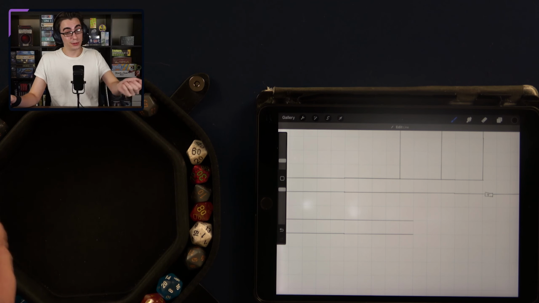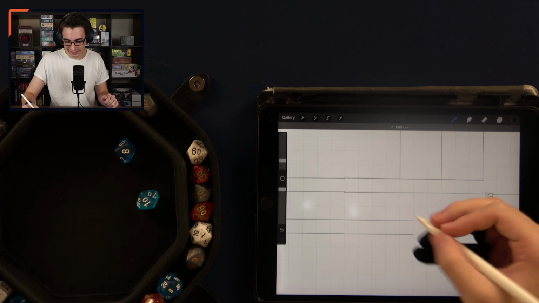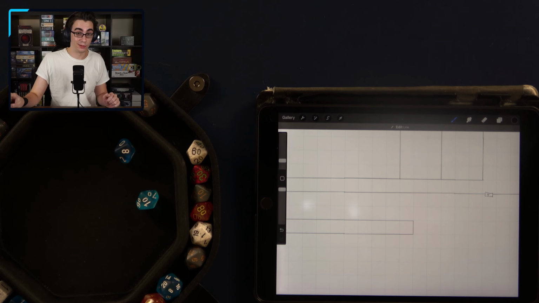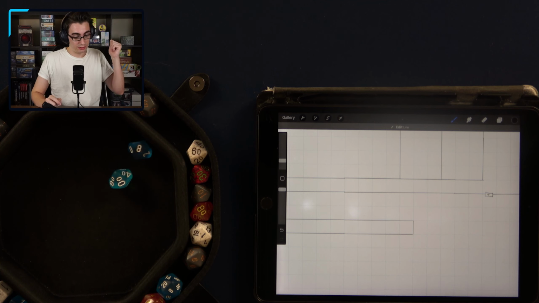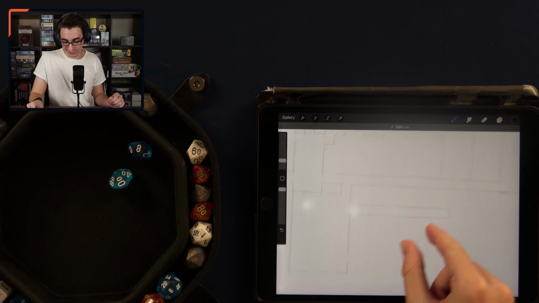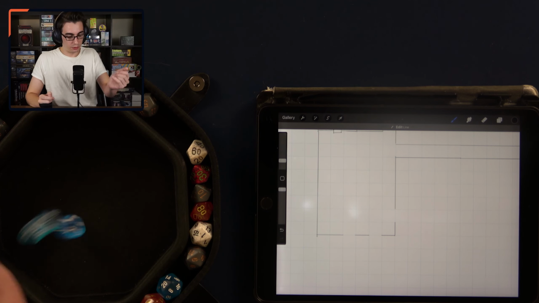Let's see if this corridor is just going to keep going straight. No. Well, maybe. I don't know. It's an 18. An 18 is a dead end again. But let's go ahead and roll on the dead end table and see what we get. So that is an 8. All right. It's just vacant and barren. So nothing down there. Let's see what's going on with this bottom left passage here and do a corridor crawl